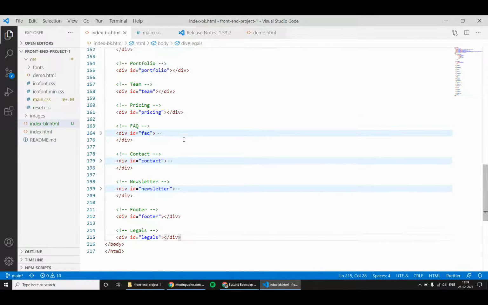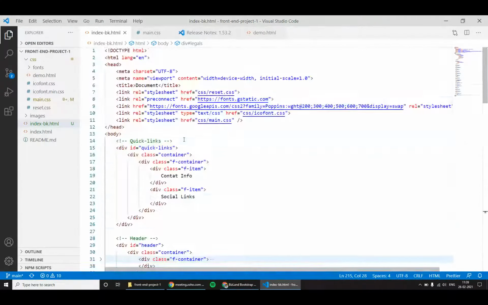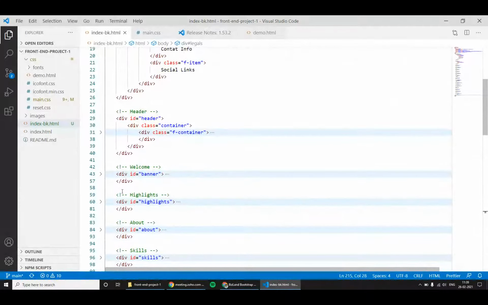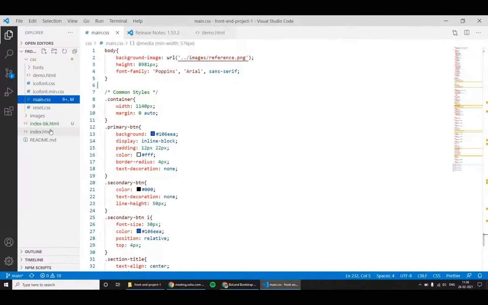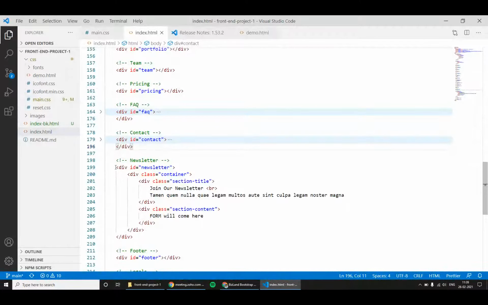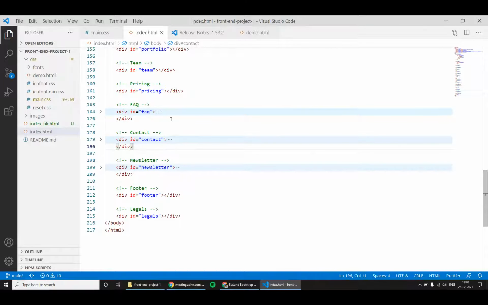I'm taking backup, it's not a good practice though. So in the index backup, everything will be available. So in my index.html, I will keep the banner section alone.